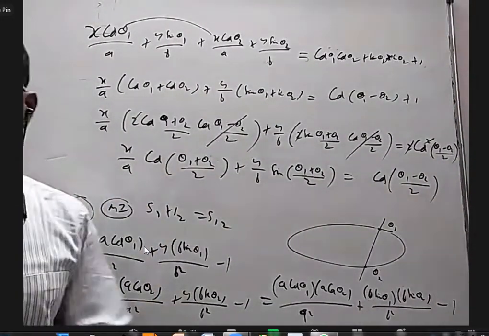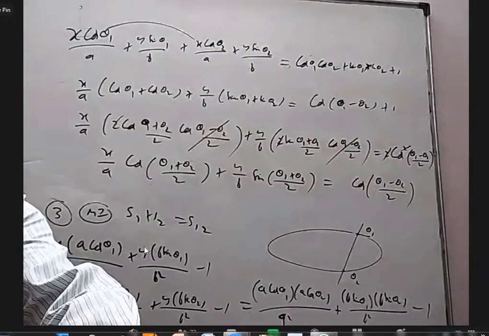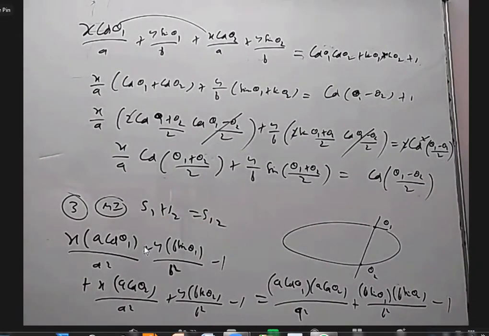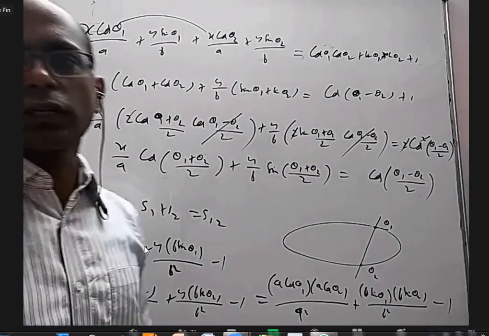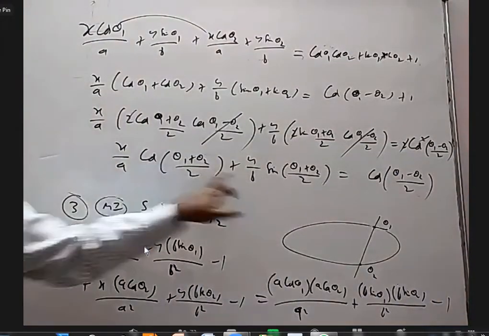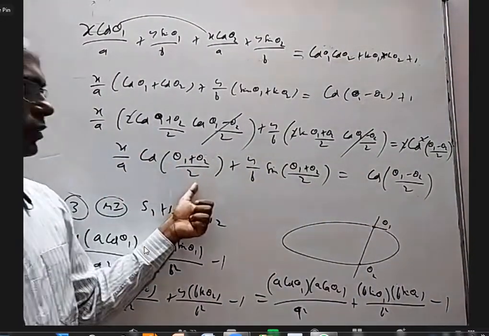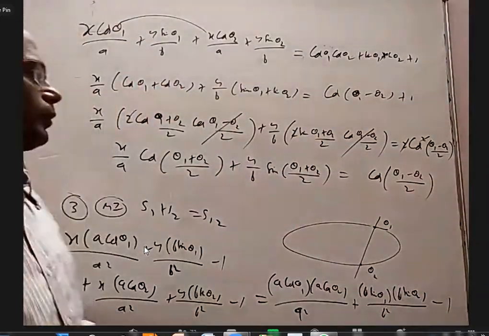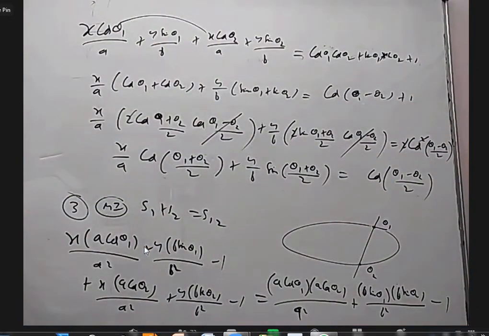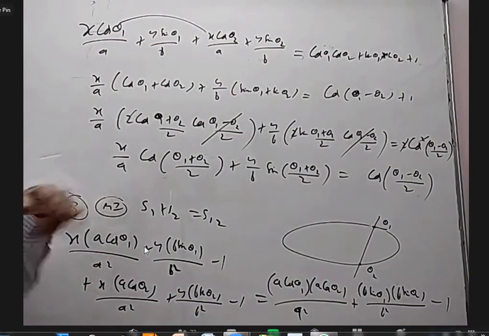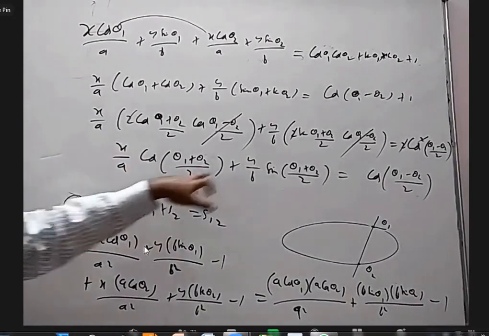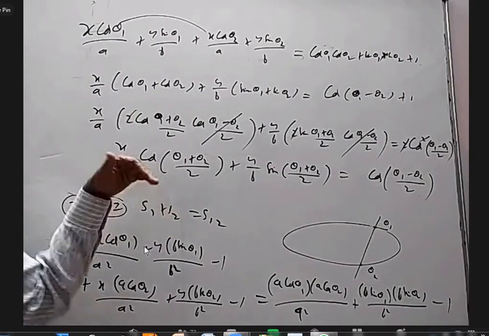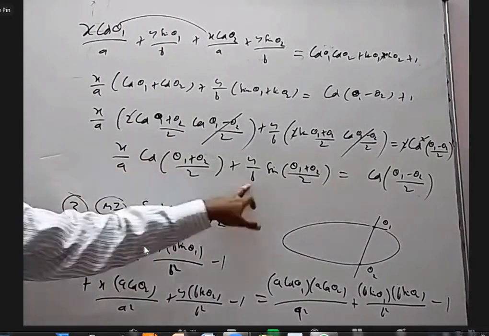Anybody remember seeing any formula like this before? In circles, sir. Yes, in circles, the general point is r cos theta comma r sin theta, where a and b were r. X cos theta 1 plus theta 2 by 2, y sin theta 1 plus theta 2 by 2 equal to r cos theta 1 minus theta 2 by 2. And there also, we learned when the center is not origin, x plus g into this, y plus f into this is equal to this. We have seen that. Okay. So as I said, from the ellipse formula we can get the circle formula if you put b also as a, right?